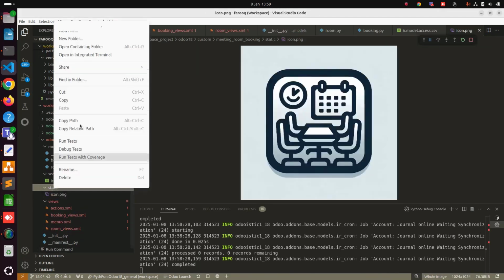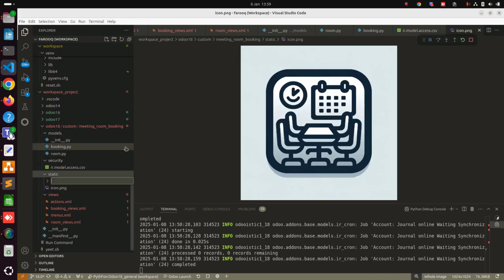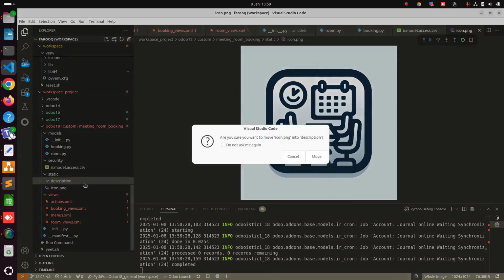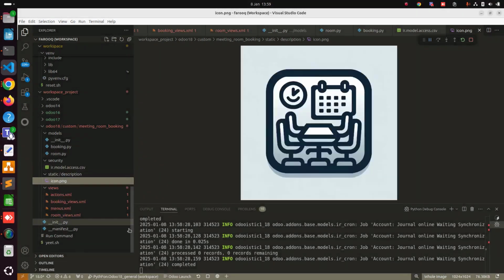But in static, what we do, we create a new folder with the name description, and we copy this file into description. We move this. So yes, and this is the icon picture